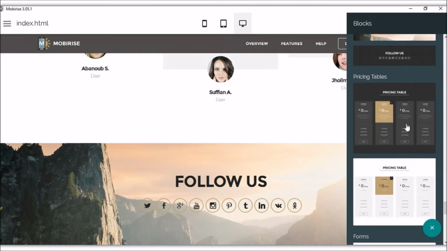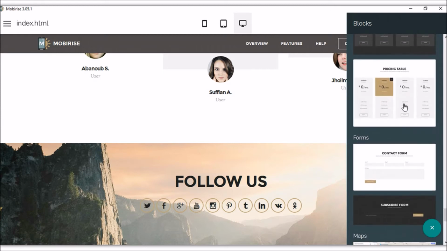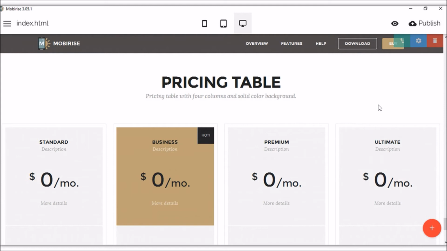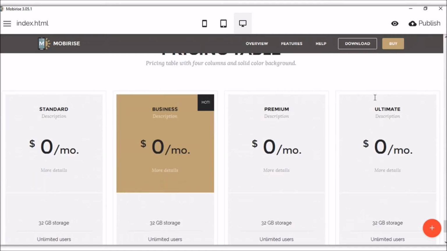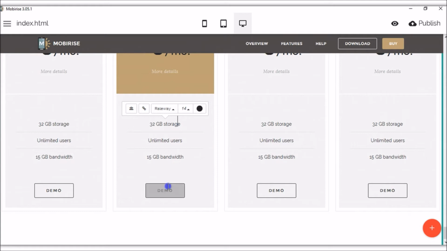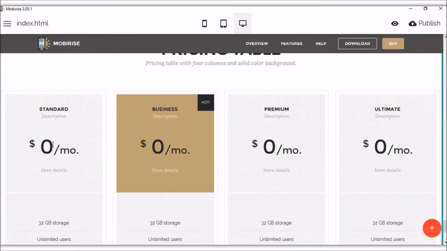Next up, pricing tables. Right, these look pretty cool actually. Now in my experience, when it comes to setting up pricing tables, even on WordPress, I mean there's countless plugins that help you do it, but they're always quite difficult, to be honest. They never look quite as you want them to look. So Mobirise here, to be fair, they seem to have done a really good job. I mean, because of the inline,